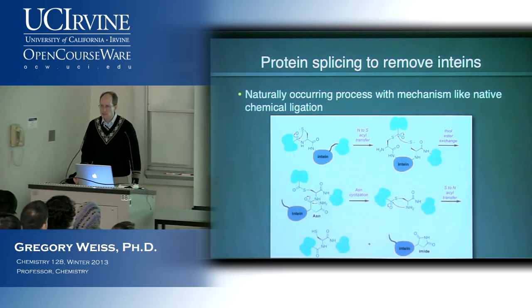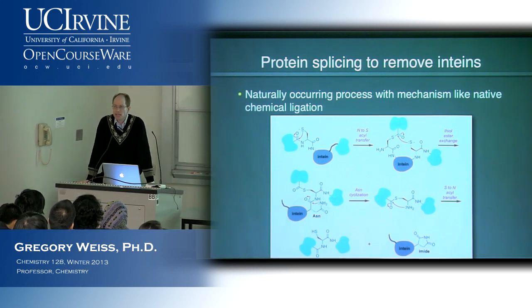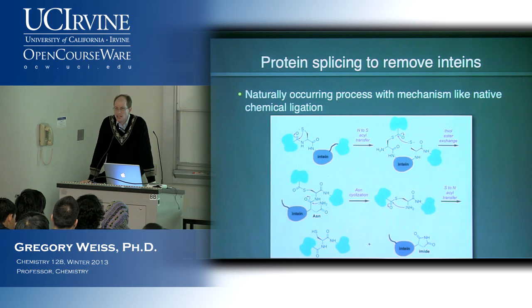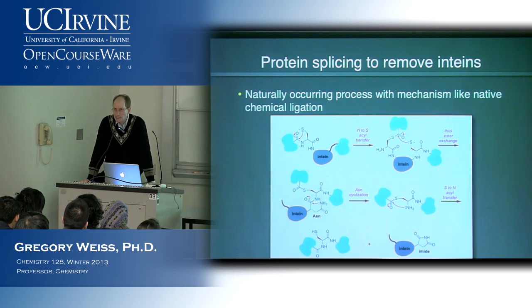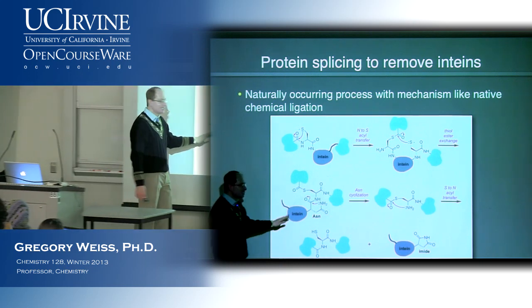Okay, and it's actually found naturally occurring in something like 300 different proteins in various organisms. In fact, New England Biolabs has a whole website that's dedicated to tracking these. So if you're interested, you can look this up on Google and you can find a big listing and all kinds of examples. In order for this to work, however, there is conserved sequence.